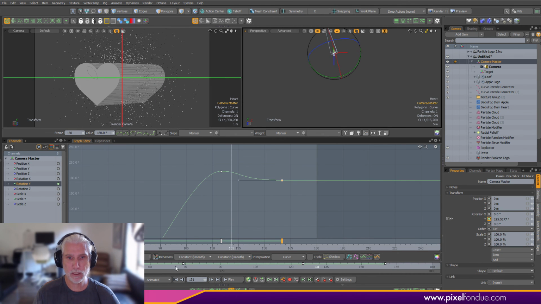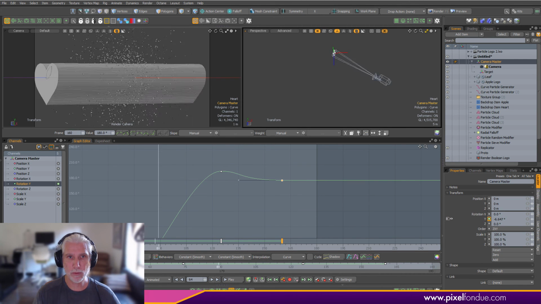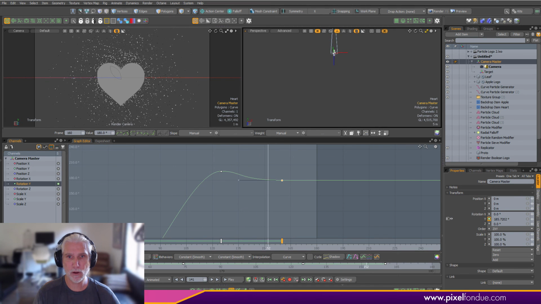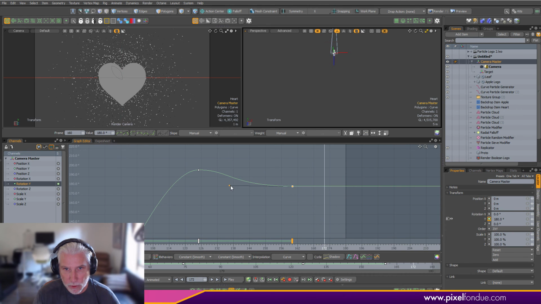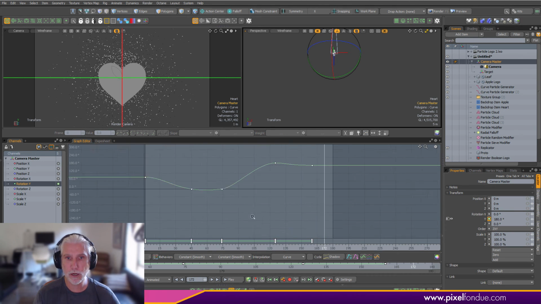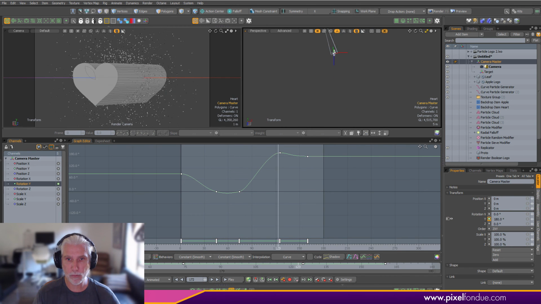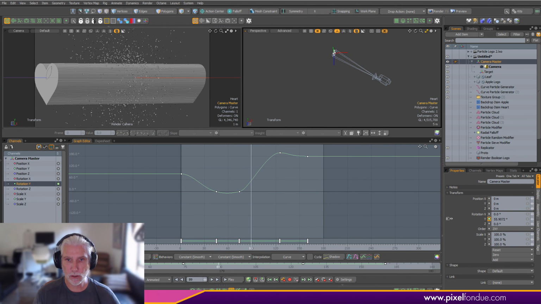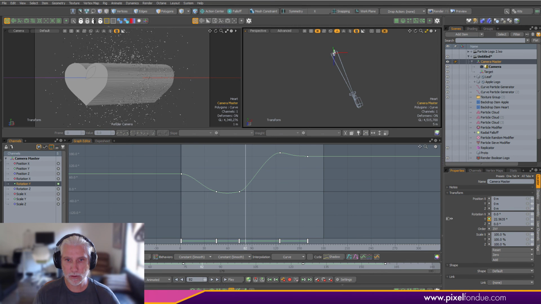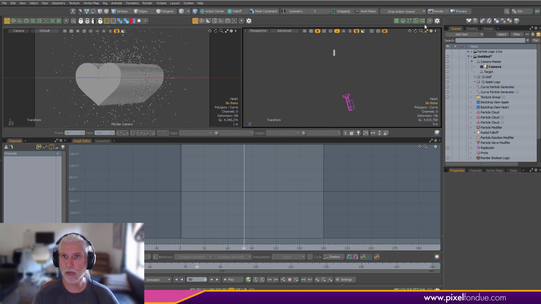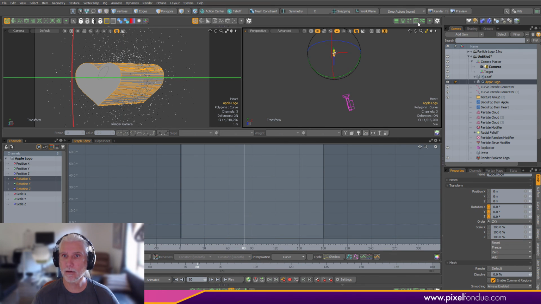So again, we're just swinging back around to the far side, overshooting, and then easing back into the heart, and we'll just sit there for the rest of the animation. I just dragged this tangent out so we slow into it quite a bit there. And so that's our animation. We just want to make sure during this big swing is where that morph takes place. So we'll say maybe starting at frame 80, we'll adjust our animations here, both for our morph and